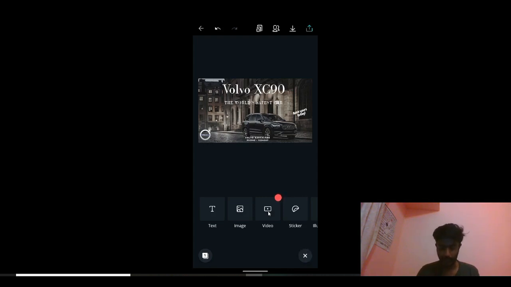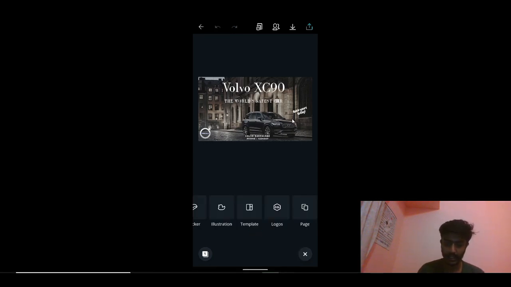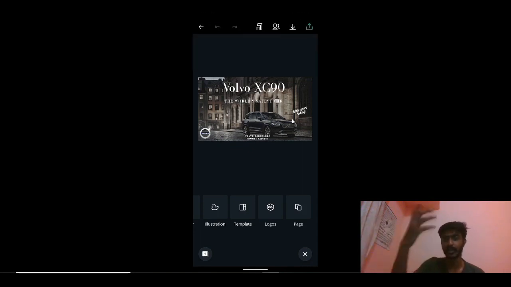And I think these are some of the things you can add on: text, image. If you wish to add videos as well as GIFs, you can see an option called video. If you wish to add some stickers, that is also available. If you wish to add some illustrations, you can see the options here. And I think that's all. If you wish to make a poster relating to awareness of something, or if you have a music concert going on, you can write concert instead of advertisement, use your required template, and put in your details, the pictures and the text accordingly.